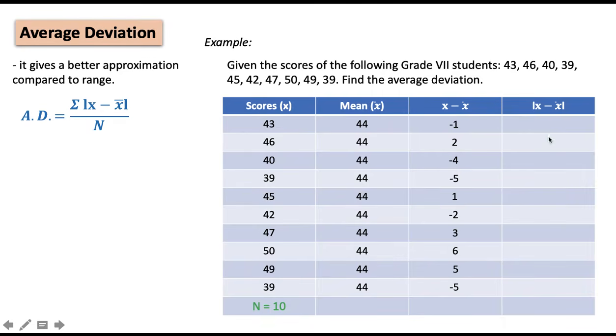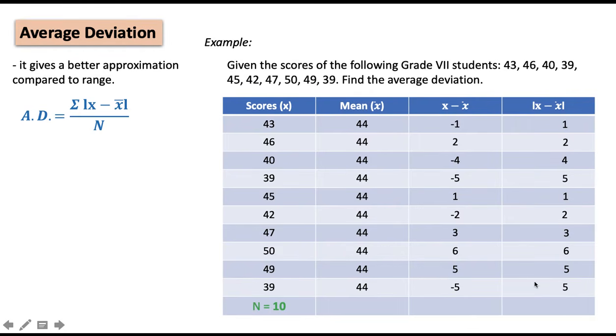Then after that, to fill out the fourth column, we're going to get the absolute value of the third column. When you say absolute value, that is the distance of the number to 0 on a number line. When you say distance, it is always positive. Therefore, the absolute value of negative 1 is positive 1. The absolute value of a positive number, which is positive 2, is still positive 2. So all the numbers in this data are all positive. So negative 4 is positive 4, positive 5, positive 1, positive 2, positive 3, positive 6, positive 5, and